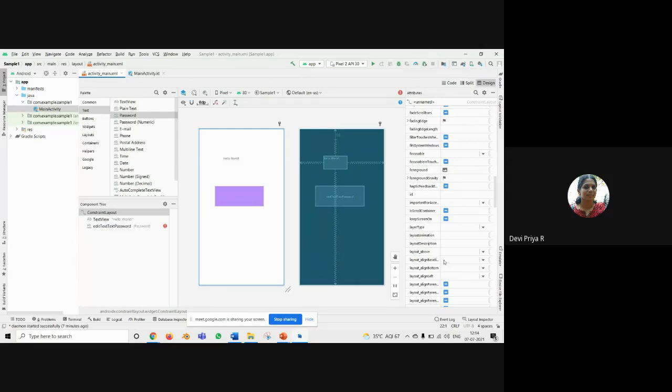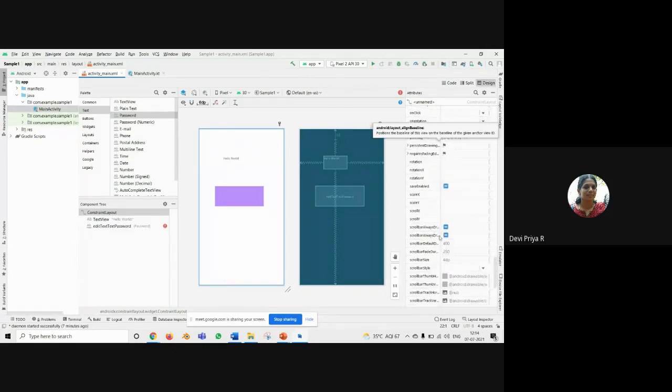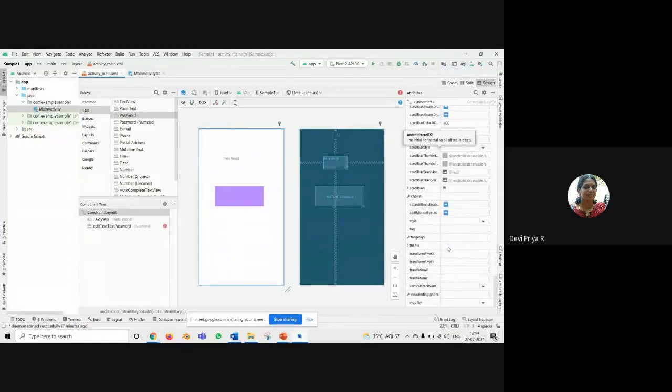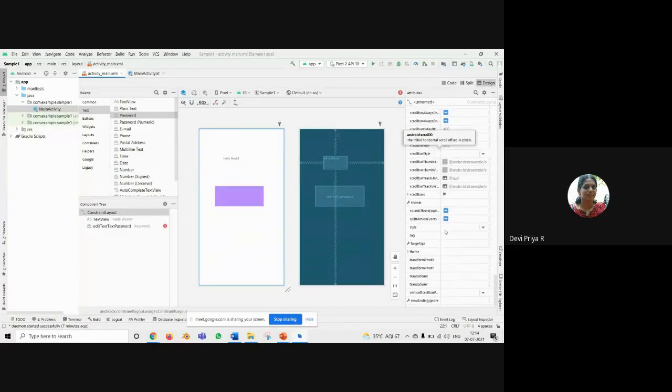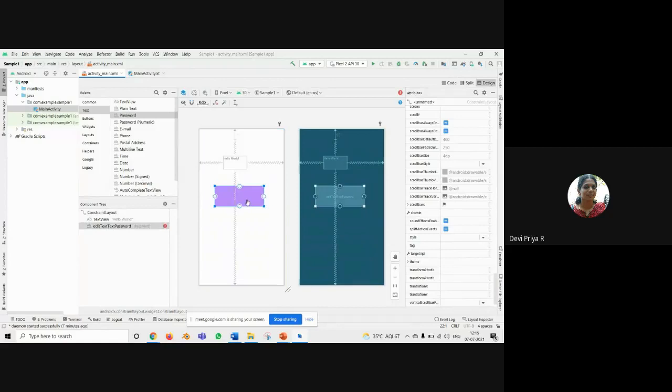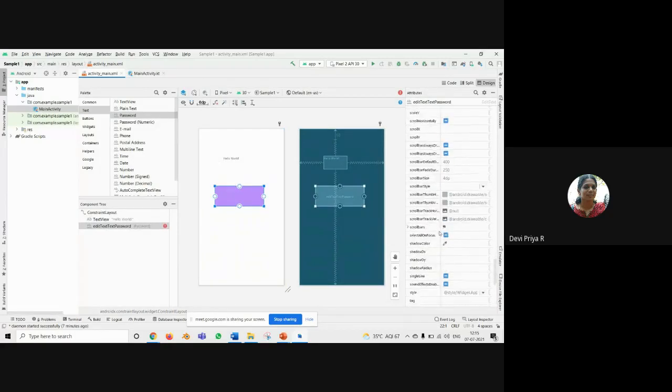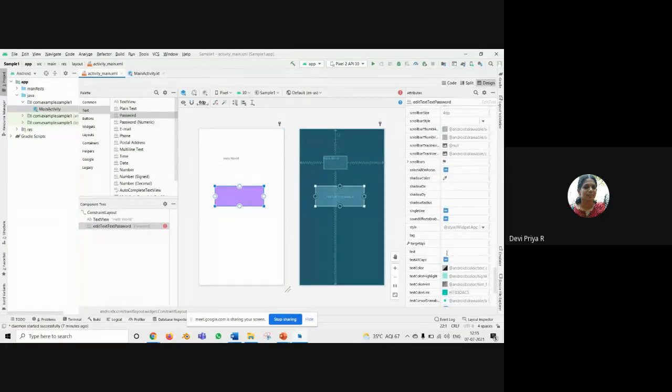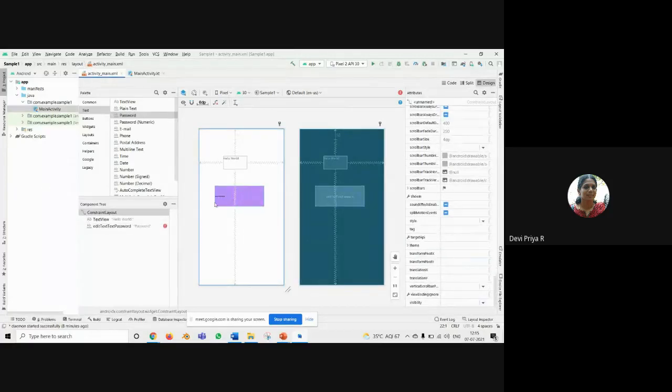You can resize your button, and if you want to change the text, you can have a password, but it will not be visible. It will be visible only as a dotted character. If it is a normal text, it will display as it is.